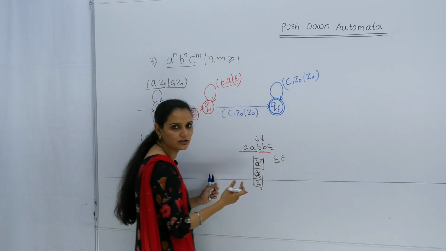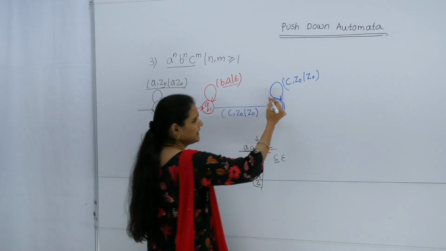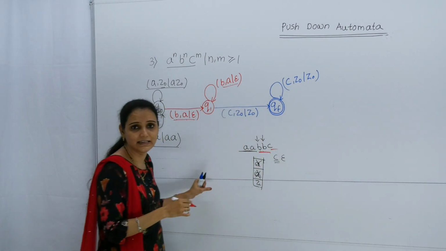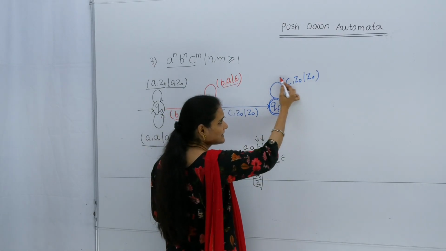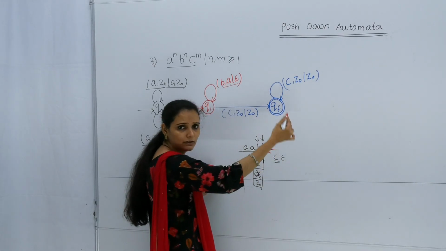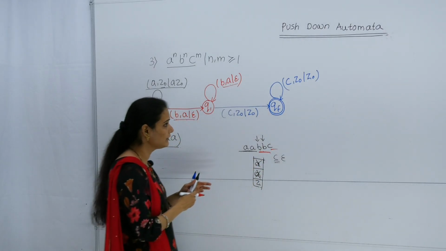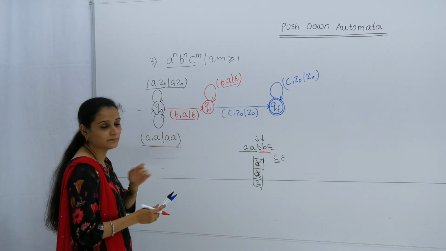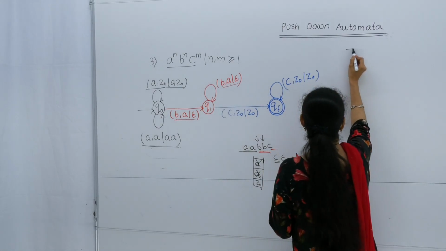Here it is also possible that the number of C's is 1, 2, 3, whatever it may be. So here is one particular loop, because that condition is not necessary at all. Therefore the first C will be read and ignored, the second C, third C will be read and ignored only. We are now at the Q final state. Only the condition with respect to A and B is necessary. So here we will see the transition function.